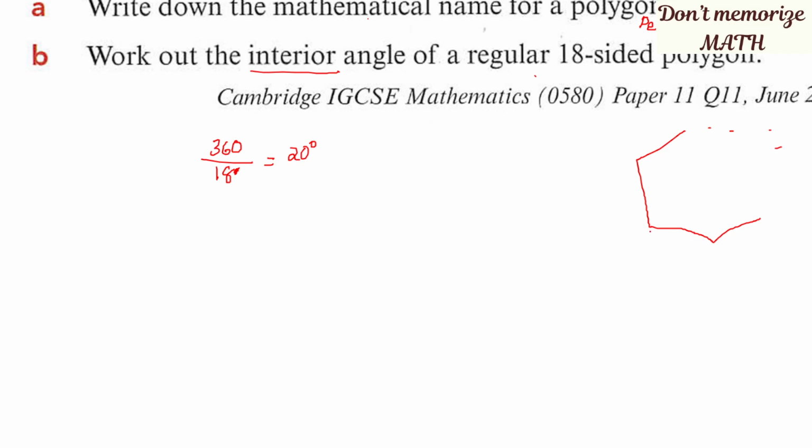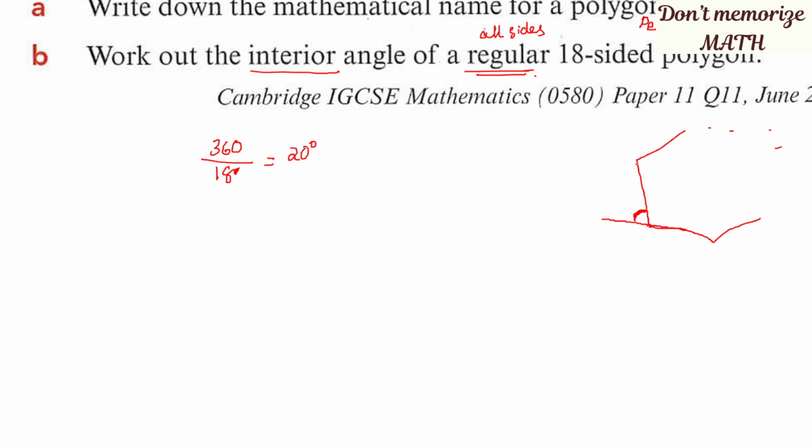So exterior angle means if you are extending one of the sides, the outside angle is the exterior angle. If you have any type of polygon, regular means what? All the sides are equal. So if you have all the sides equal with a closed polygon, if you are